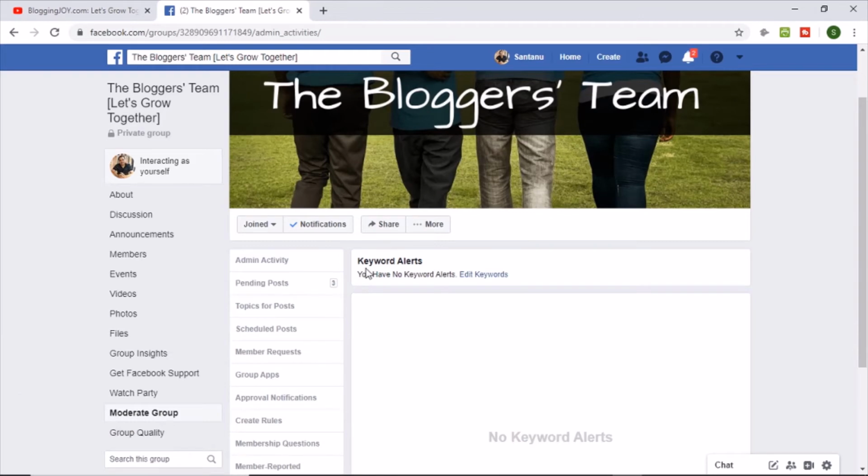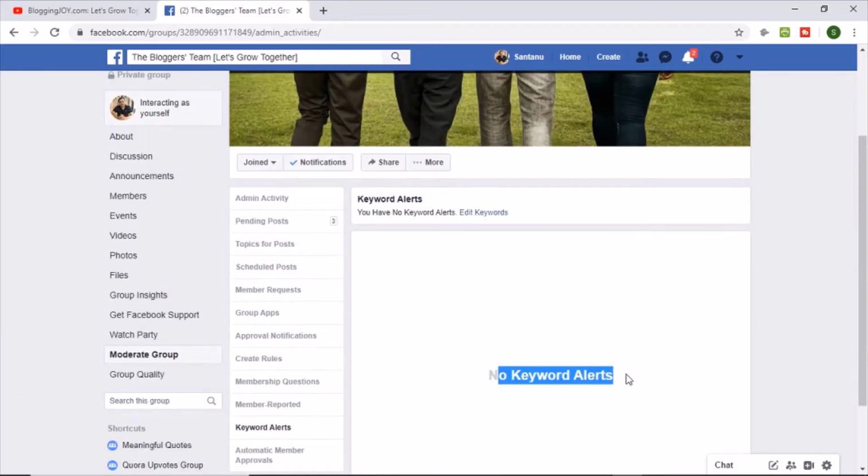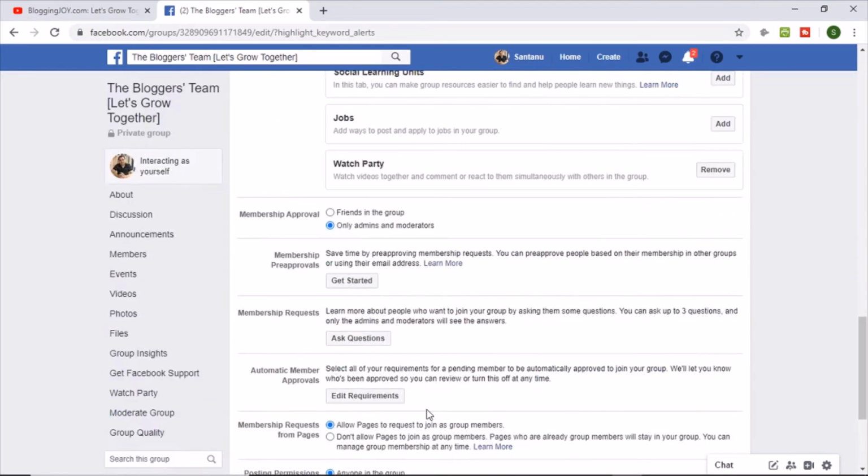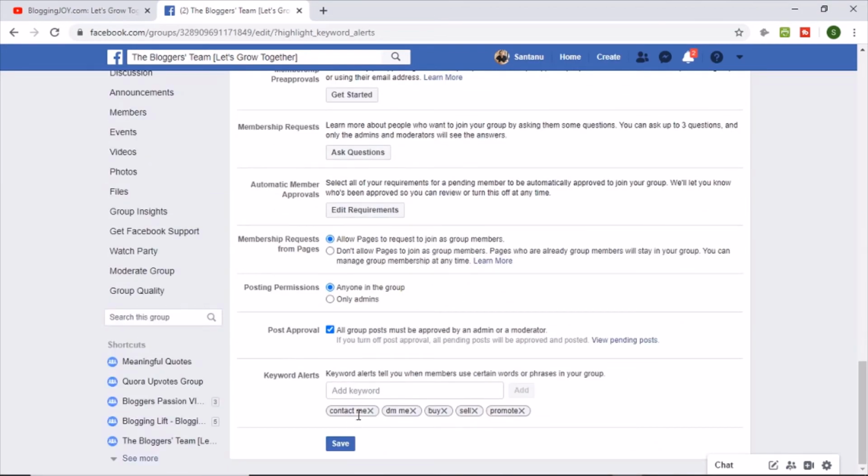It is showing that you have no keyword alerts, because just now I have only provided the keywords. So from now onward, if somebody tries to post anything, if those posts have these kinds of words, then definitely I will get an alert on this.